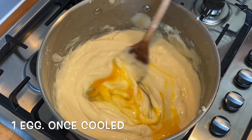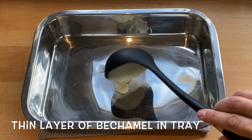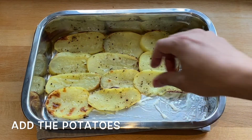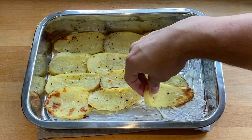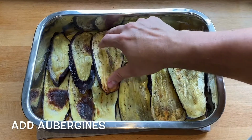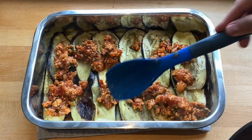Once it's cooled, add 1 egg. To assemble the moussaka, add a thin layer of bechamel to the bottom of the tray and then add the potatoes. You want them to overlap. Then add a layer of the aubergines, half of the meat sauce,